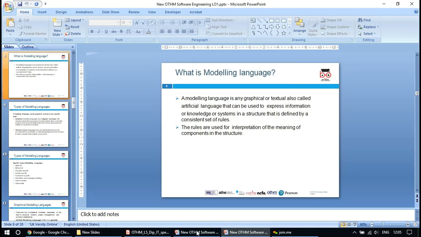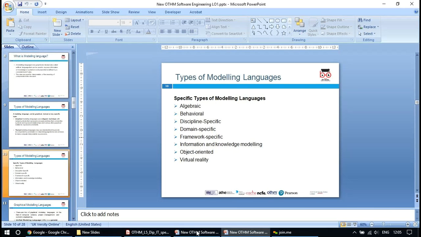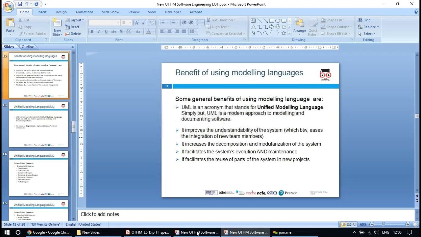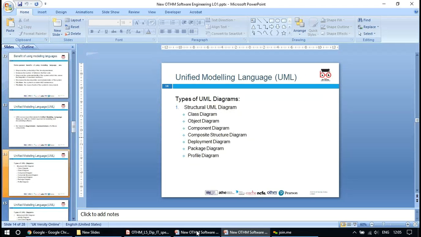And then obviously every software development using any model requires a modeling language, a kind of illustration, a kind of graphical representation of the analysis, right? So by looking at that, we discussed some modeling language types, and then we discussed the UML more